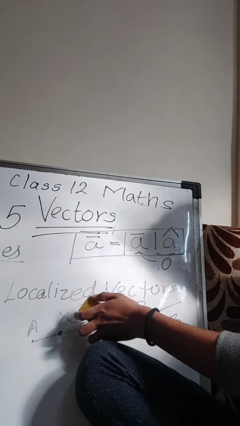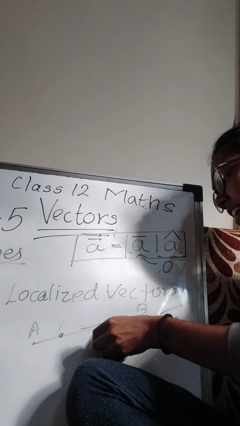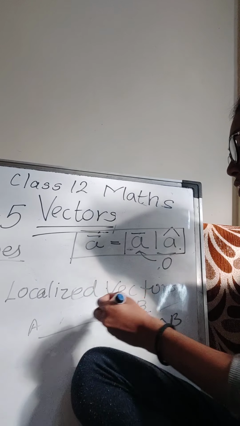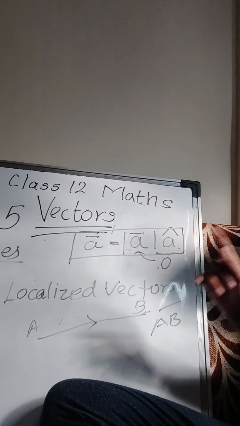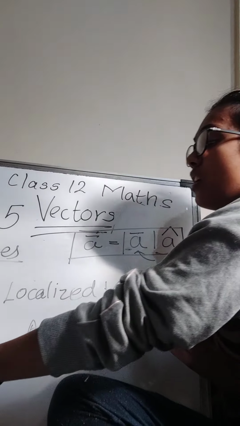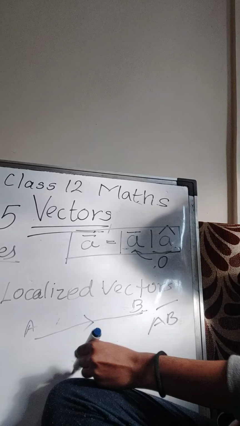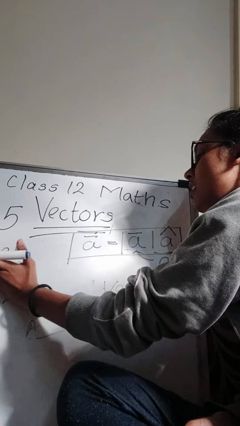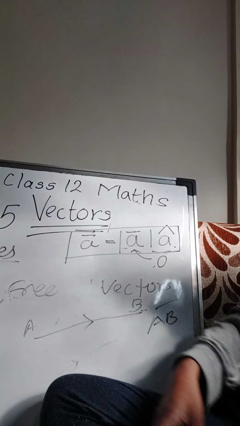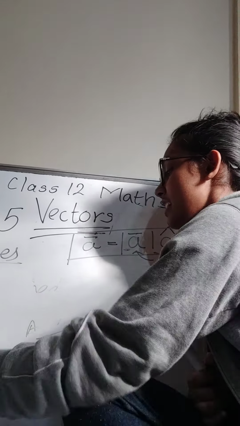But if its position or its coordinates in all the axes are not determined, then you can move this vector anywhere in space. Just keep the same magnitude and same direction. You can place it here also. You can place it anywhere. So now this becomes a free vector, which was your 5th type, the free vector. Okay, very simple. Now next